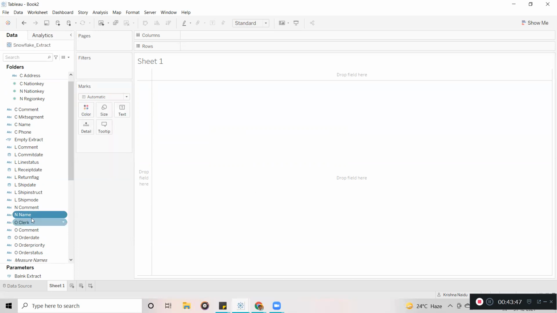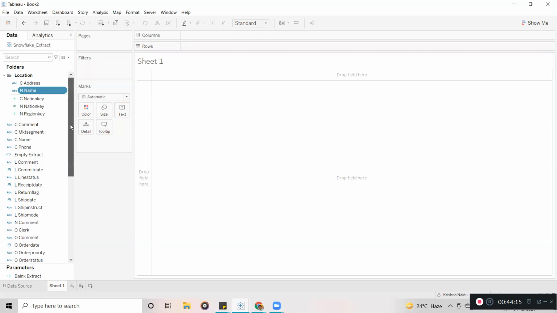Another method is, by holding the mouse control, you can drag this field and drop it into this area. Now you can see whenever I move the mouse cursor, holding that field, on top of the folder, it displays an orange color. Once you drop it here, it is automatically added into this folder. Drag and drop this. So this is how you can add this field.